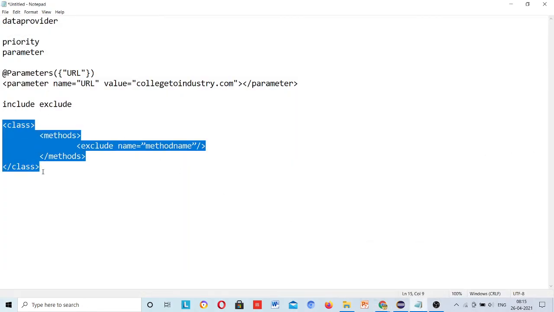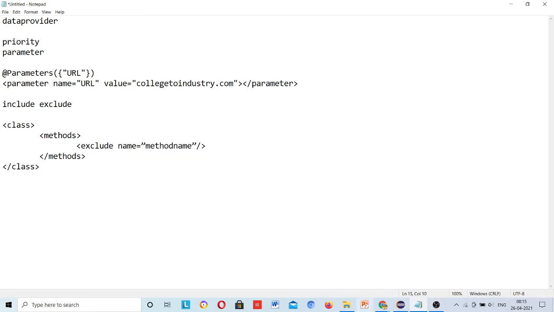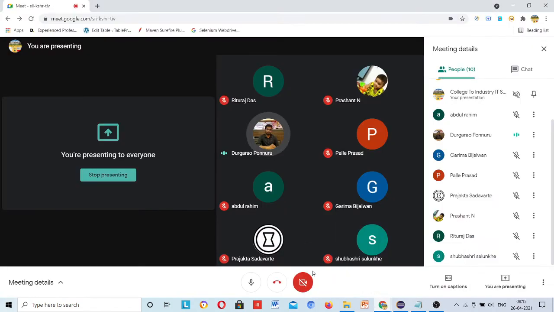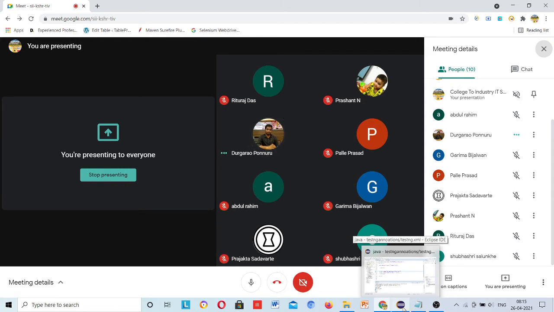Okay, now I will tell you. Priority you need to give only like this, numbers. Okay, because if you go string wise, what will you give? How will you decide string wise priority?